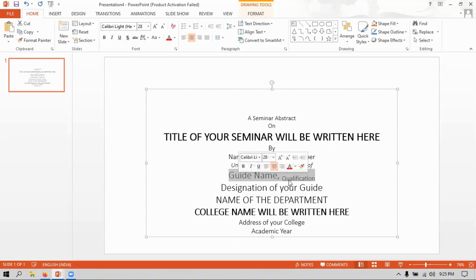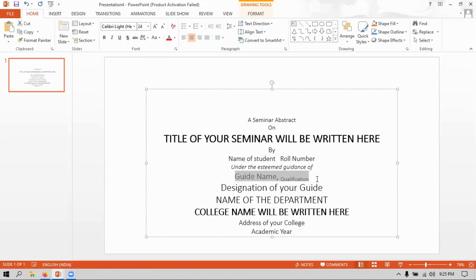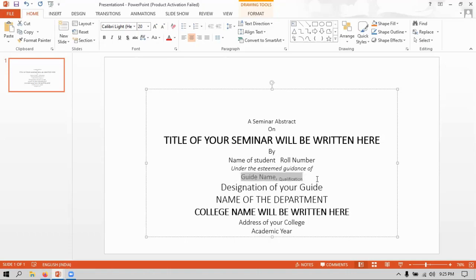You may think that the qualification font size may have changed to 24 or 20, but it is not the case here. Then I'm going to decrease the font size and maintain 20, because in the previous line I'm maintaining 18 for the statement "under the esteemed guidance of", and for the guide name I'm specifying 20 because I need to highlight the guide name and qualification.